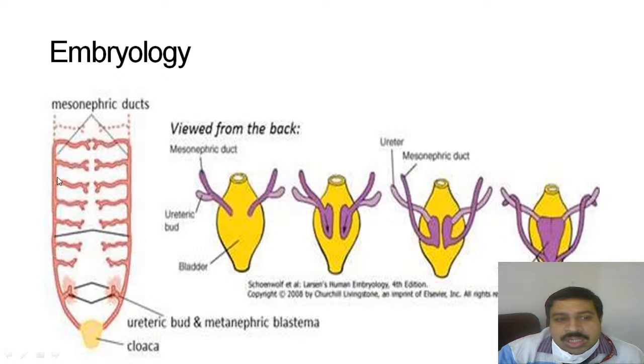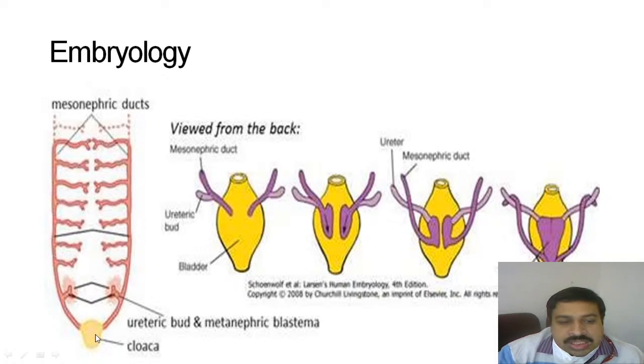The mesonephric ducts, these are para-midline structures, which are the primitive urinary system. They gradually disappear. However, the duct, the Wolffian duct, the future Wolffian duct or the mesonephric duct, they develop, and they would regress, and they go down, they settle down, migrate down,